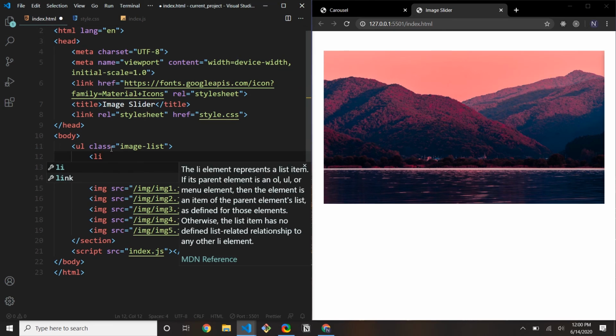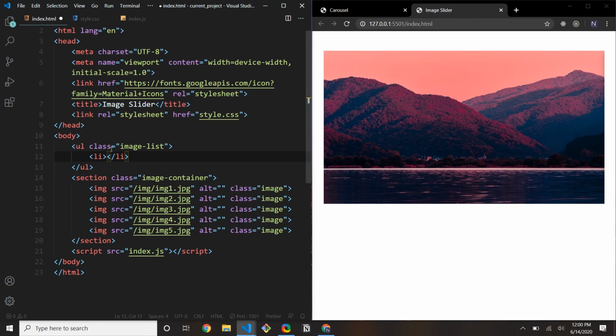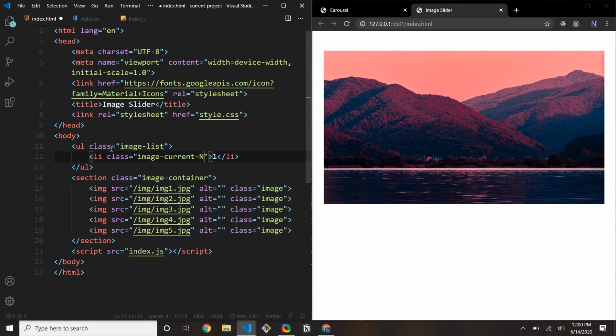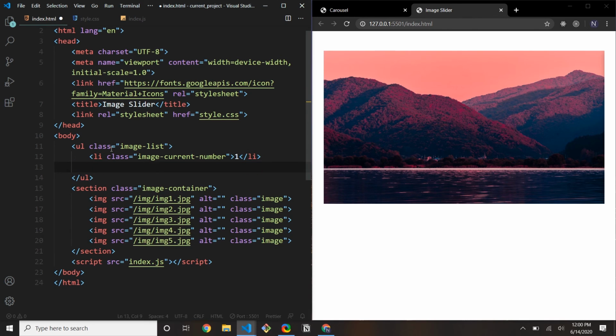And then we're going to create a couple LIs here. So we're going to keep this at 1, because by default the first one should always be, but on page load it should always be 1. So we're going to say image current number,